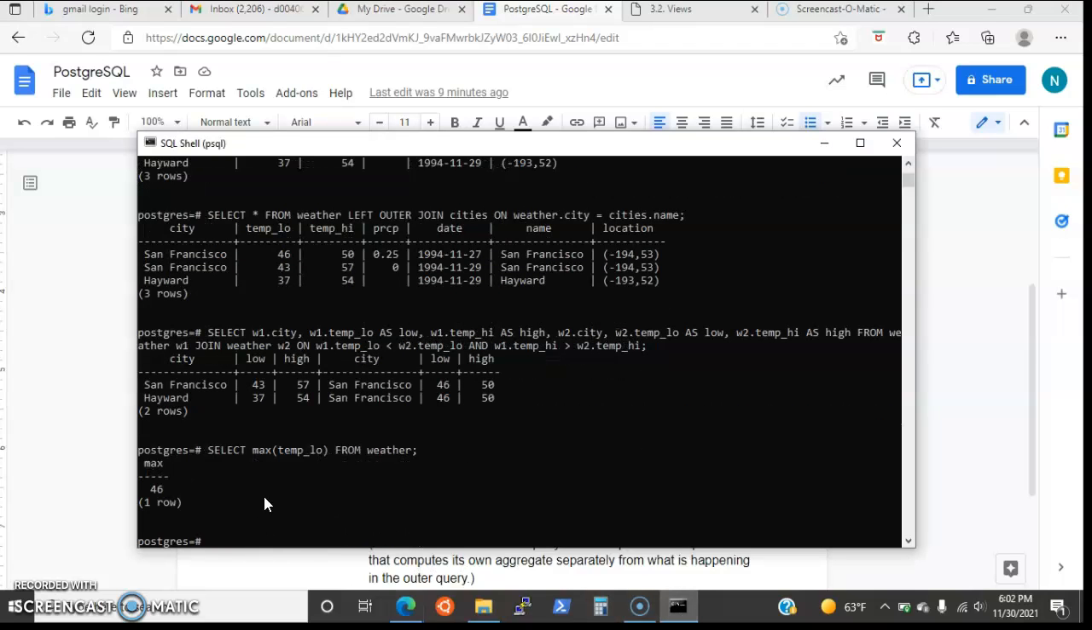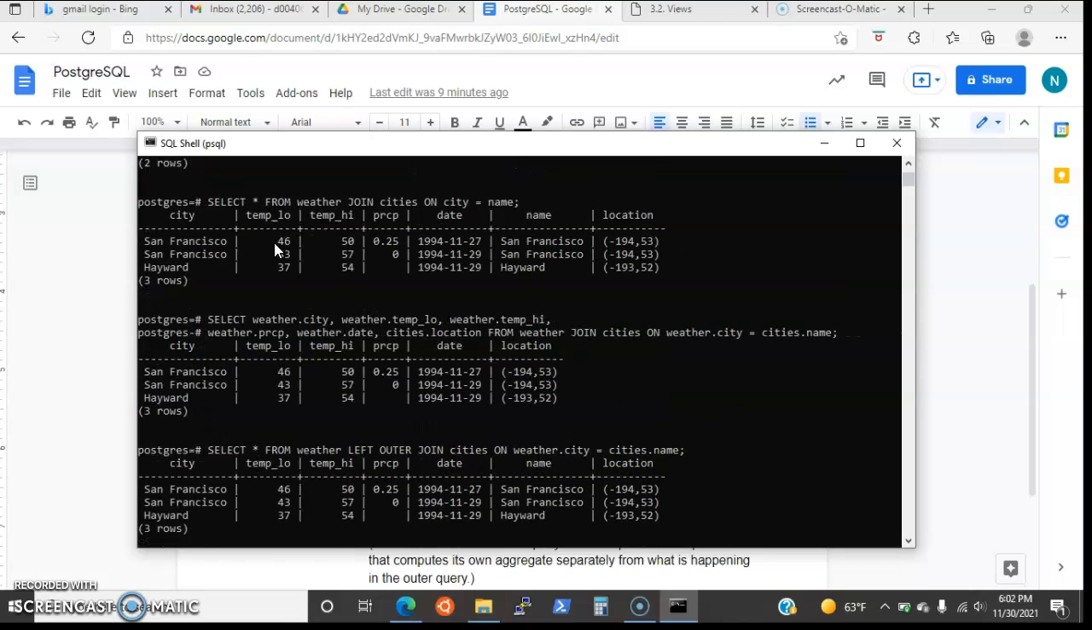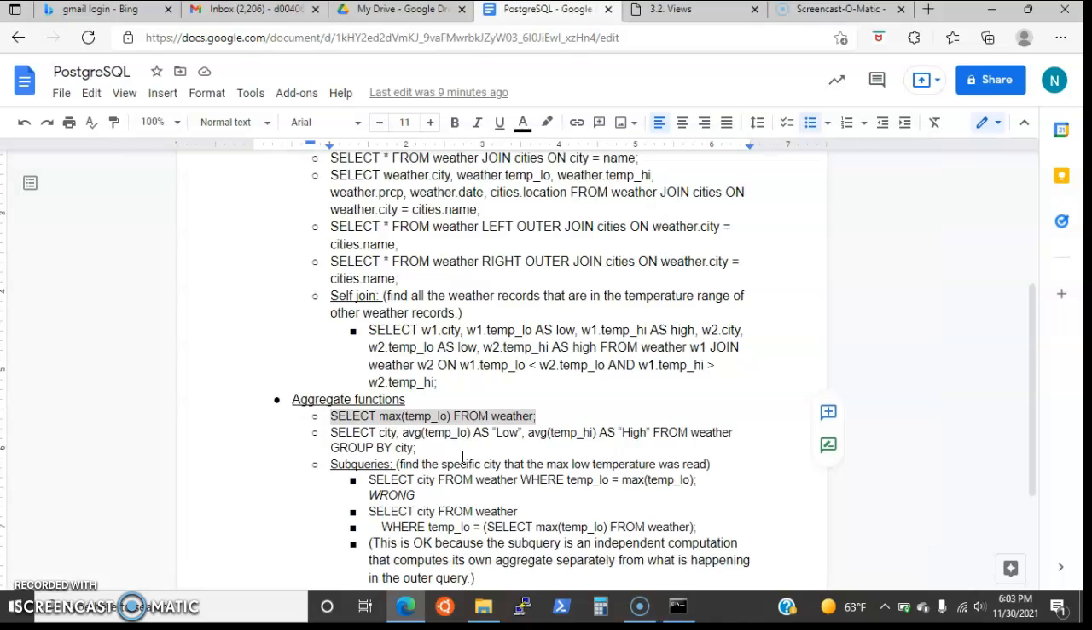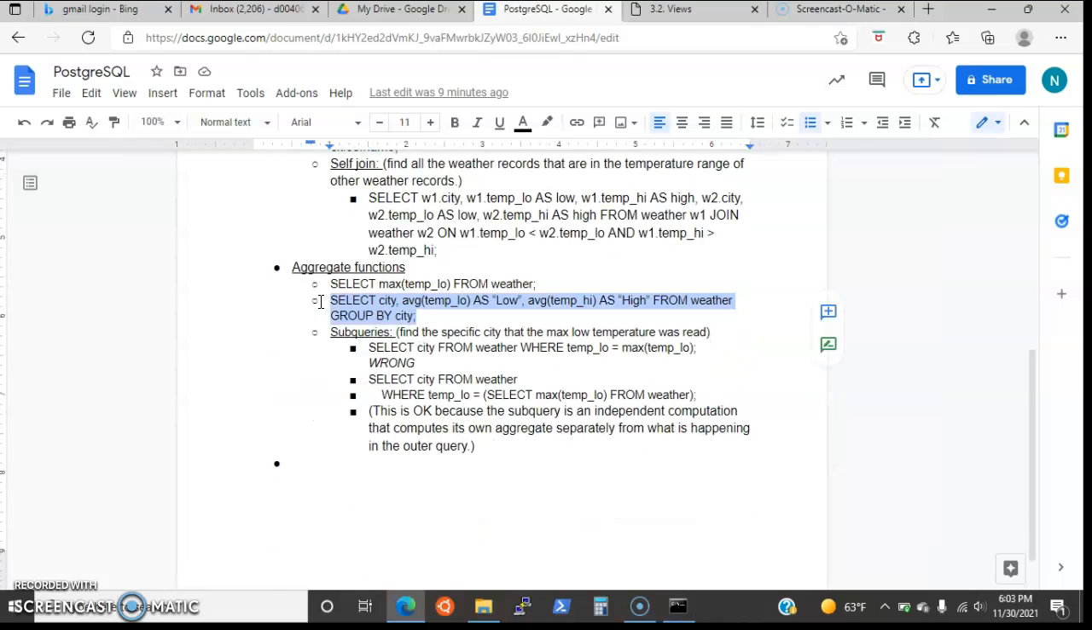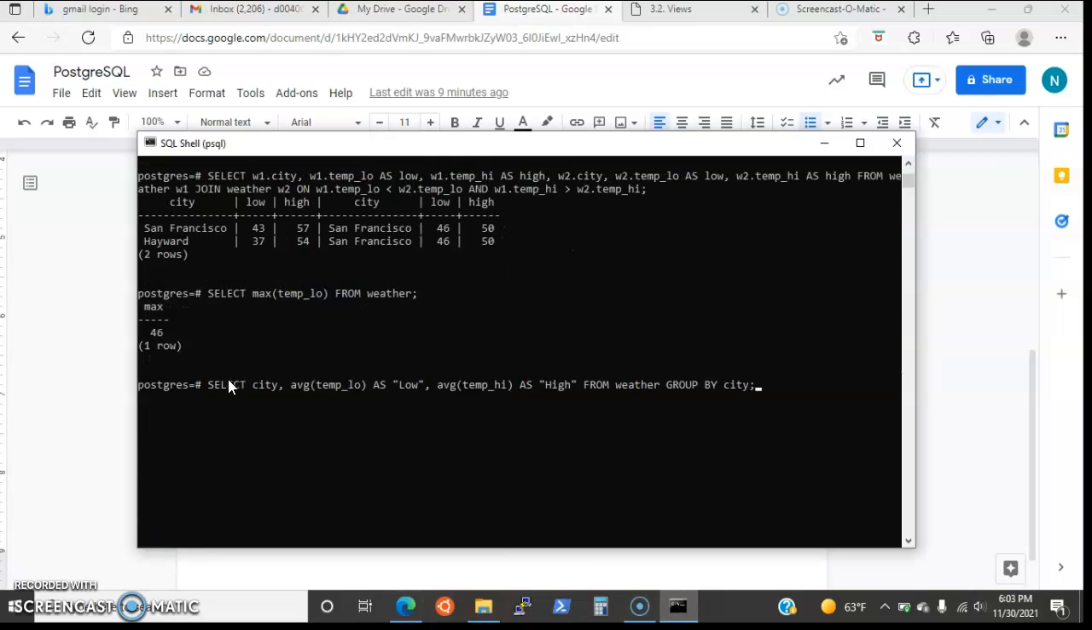So say I wanted to find the max temperature low from weather. As you'll notice, that is right up here as well. The weather, that's the max temperature low. I want to average out the temperatures and do that as well. So yeah, pretty much all of the regular SQL statements that we've become familiar with are available in PostgreSQL,